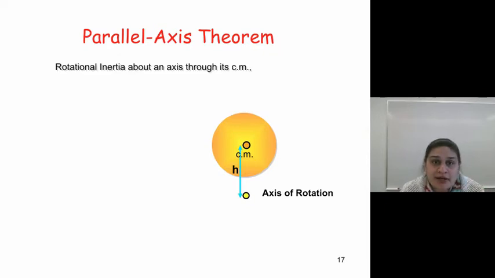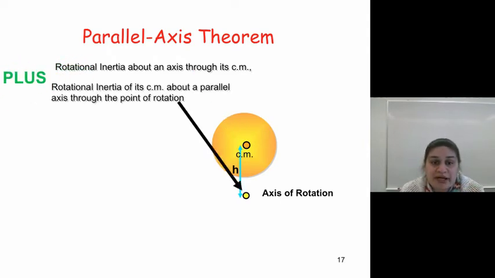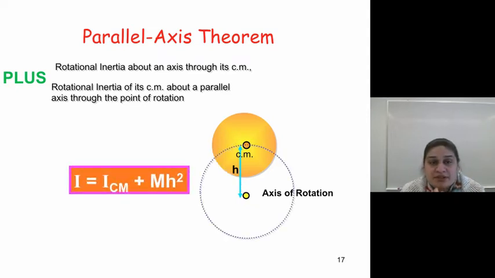So the total rotational inertia will depend on two things: the rotational inertia about the center of mass of an object, plus the rotational inertia about the axis of rotation that we want it to be. Okay? So this is going to be given as I total, or I of the axis of rotation, will be given by I center of mass plus mh squared, where h is the distance away from the center of mass